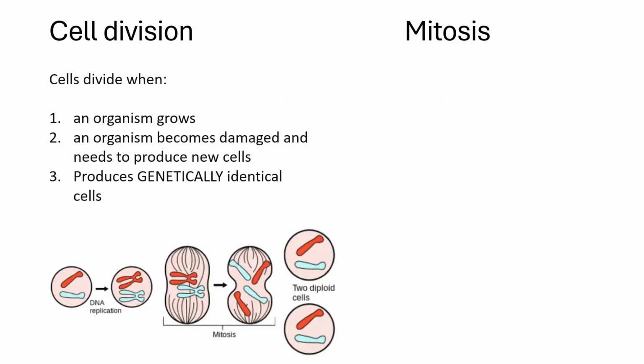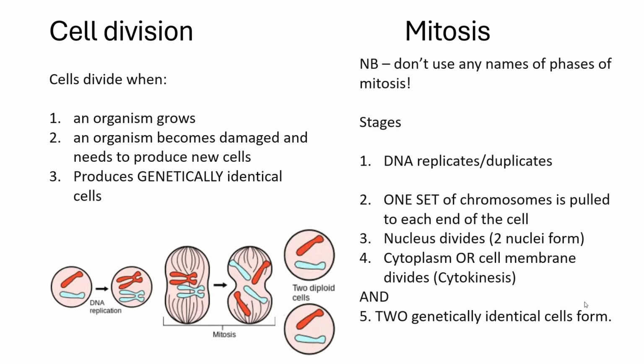Cell division. Cells divide, so in the cell cycle, when an organism grows or it becomes damaged and needs to produce new cells, what does it do? It produces genetically identical cells. So if we talk about mitosis,